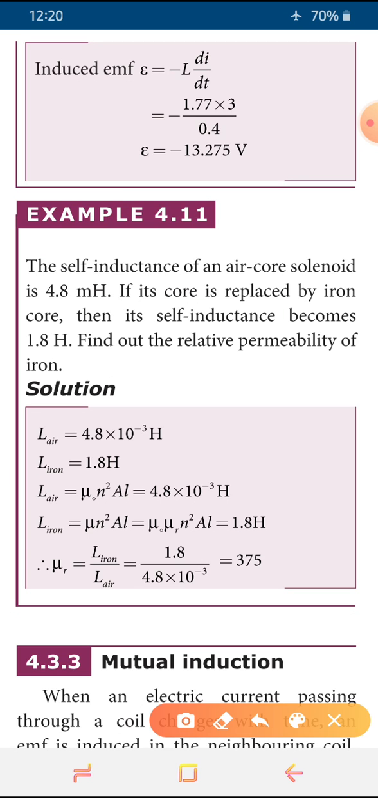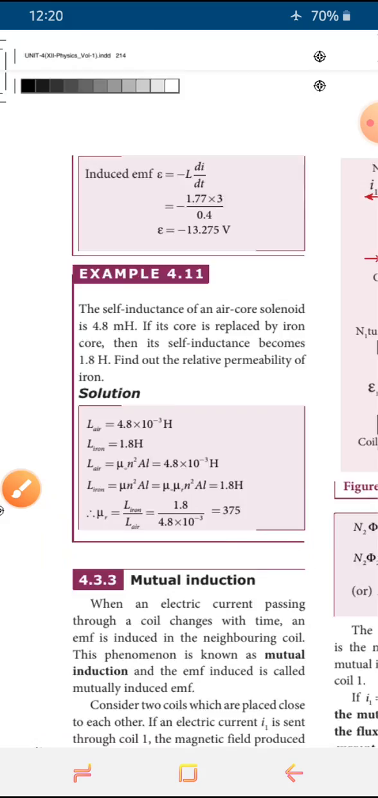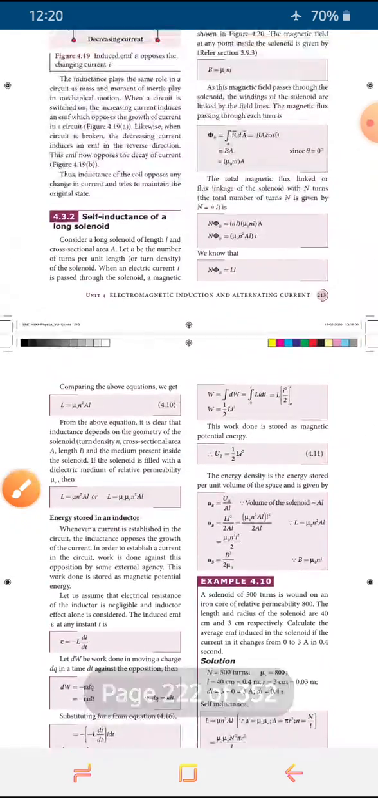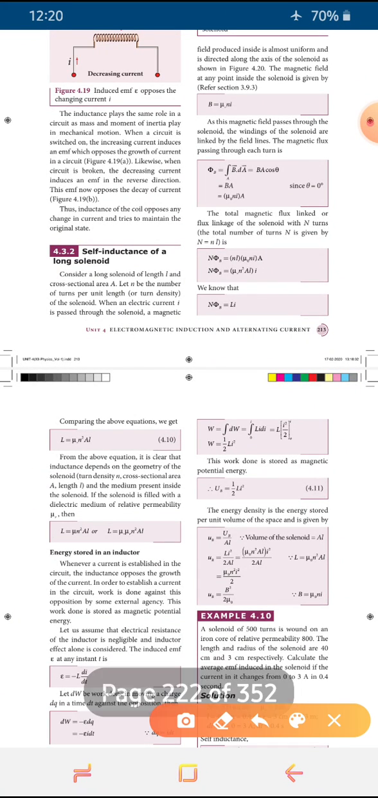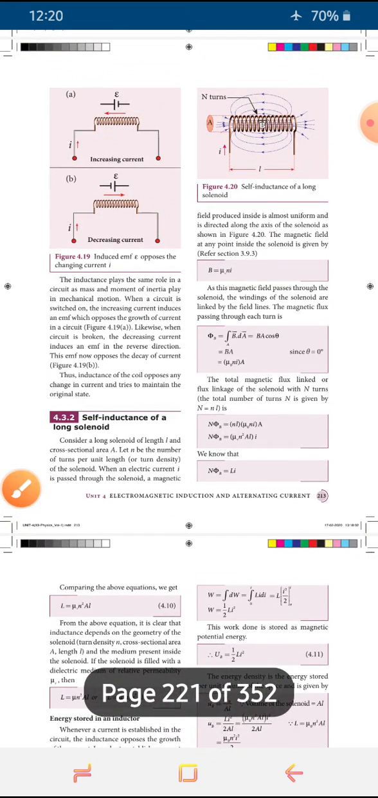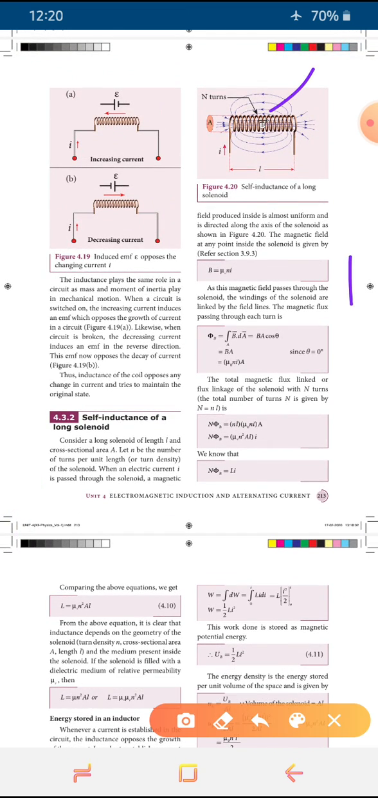Yes, good children. For today's homework, see the self inductance of a long solenoid. You mark the answer for self inductance for the long solenoid, this topic up to here, including the picture. This picture is also included here. You draw this picture and go through this answer. After going through this answer, write it without seeing, in your homework. Take a photo of it and send that